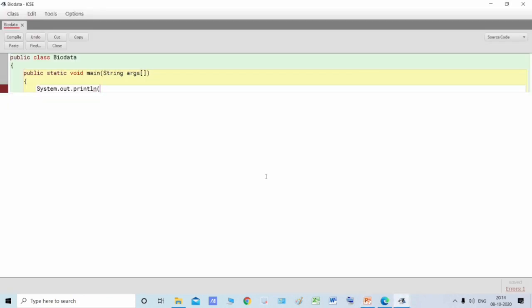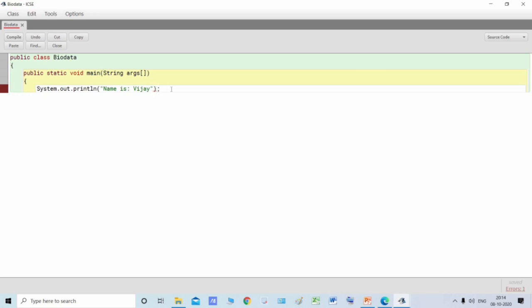Now inside the double quotes, write Name is, then a space. Suppose I am giving the name Vijay. So you give your own name, and then with the semicolon we will terminate this statement. Remember that a semicolon is not used with the main method because the method is not getting terminated over here, the method is starting.